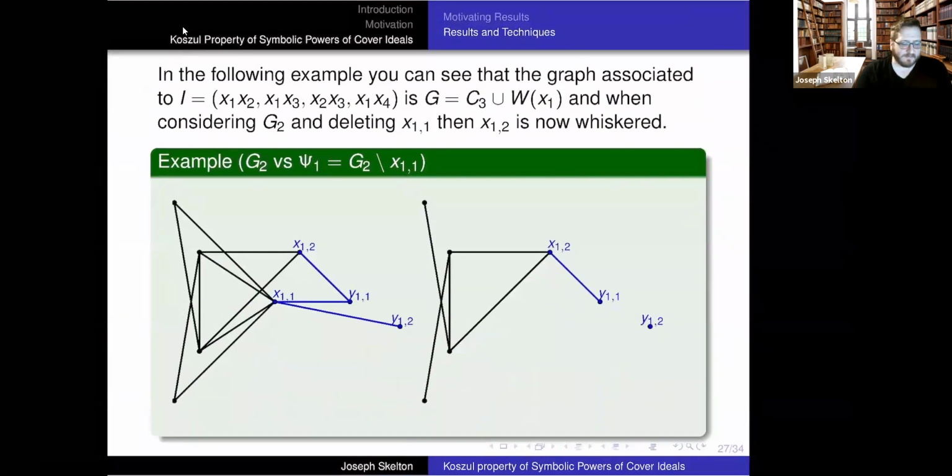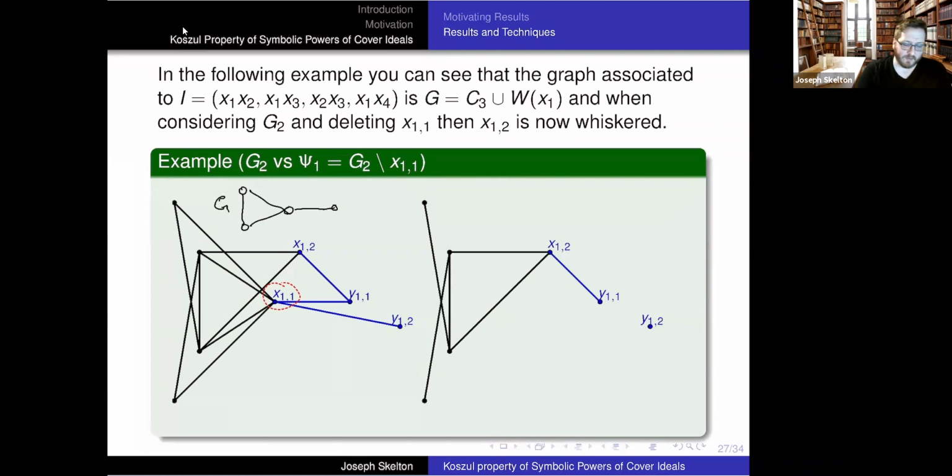To see that, this is the K2 of that first example I drew. So that's G, and then we have G2, and I've highlighted the whiskered copies. So X11 has a whisker on it because the last copy of the leaf vertex of Y only connects to the original vertex for any combination of this. So X11 is always a leaf, always has a whisker on it. So it's a shedding vertex.